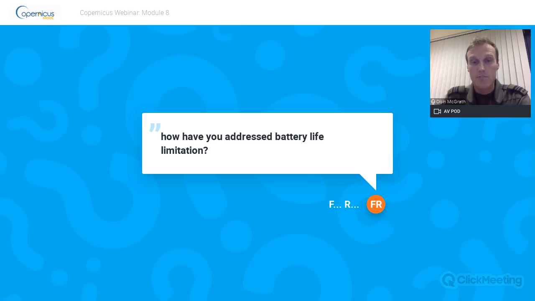How have I addressed the battery life limitation? The battery life limitation is actually a limitation worldwide. Unfortunately, that's just something that exists. That's a technology thing. There's been a number of attempts to move on from the LiPo lithium polymer batteries that the drones use. When drones first came out, they were 15-20 minutes. Now it's 35-40 minutes on the commercially available drones at €100 per battery.